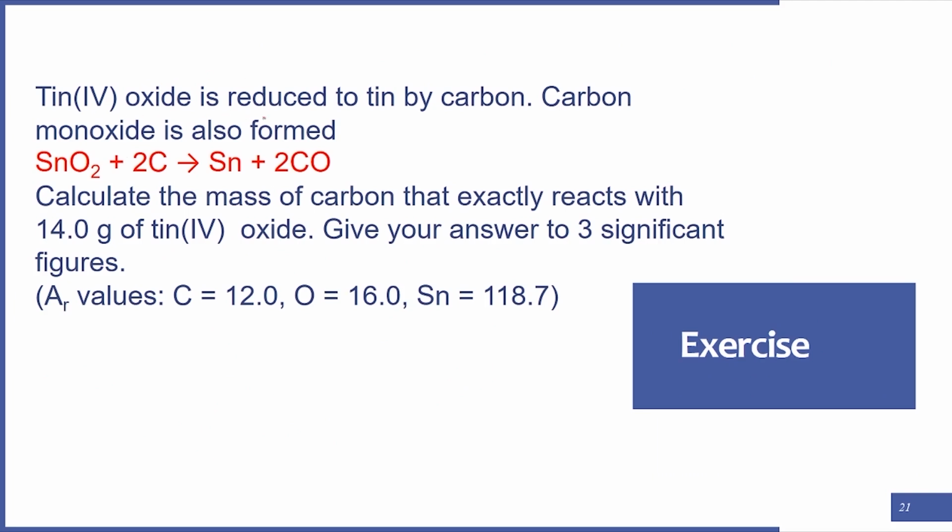Let's solve this exercise. Tin tetraoxide is reduced by carbon into tin. Carbon monoxide is also formed. So we have the equation: tin tetraoxide plus carbon gives us tin plus carbon monoxide. Calculate the mass of carbon that exactly reacts with 14 grams of tin tetraoxide and give your answer to 3 significant figures, knowing that the relative atomic masses are carbon equal to 12, oxygen equal to 16, tin equal to